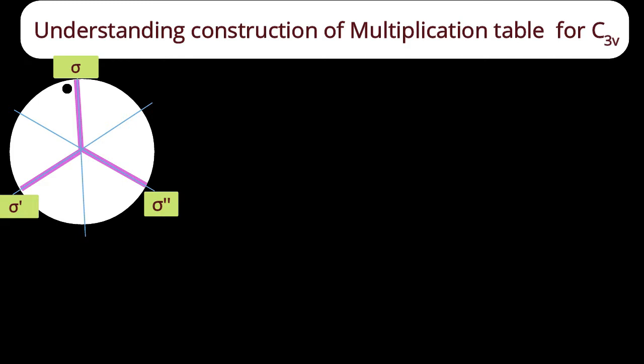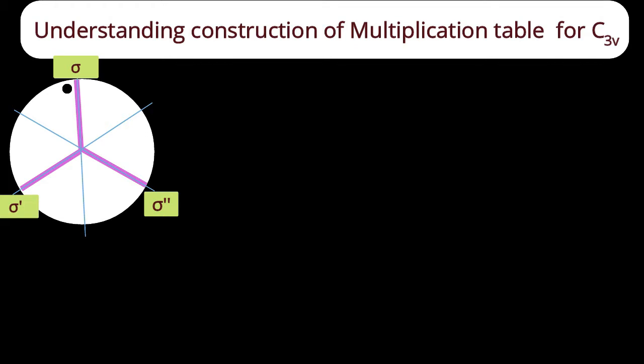That's our imagination. You should be able to work with it properly. If I perform the reflection operation through sigma, then the knot which is now on the left side will come to the right side. If I perform the reflection through sigma dash, the knot will come to the right side, but where? To the upside or downside of sigma double dash? Right, to the downside of sigma double dash. And if I perform reflection through sigma double dash, then the knot will remain on the left side, but where? The upper portion of that left side bar or the lower portion? Right, the upper portion of the left side bar.